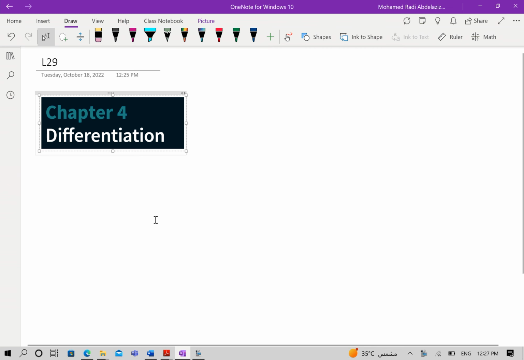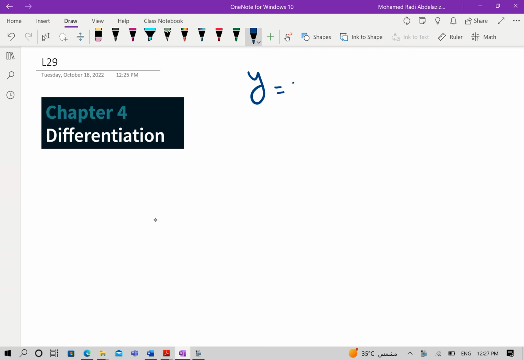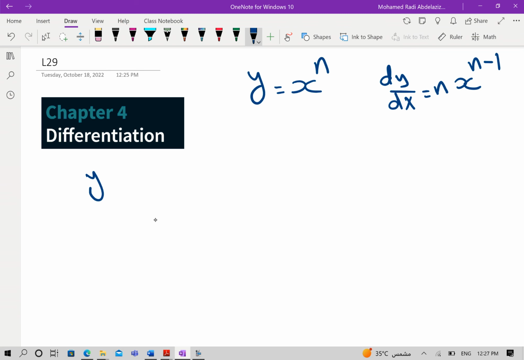In AS level, we studied how to differentiate a function written in the form of x to the power of n. To get the first derivative, which is dy by dx, just drop the power, then minus 1, n minus 1. You have to write your expression first in the form of x to the power of n. For example, y is equal to x to the power of 3. To get dy by dx, or we can name it y dash, is